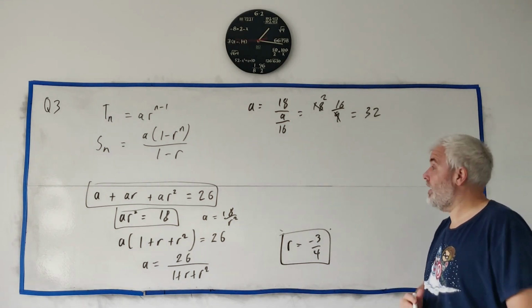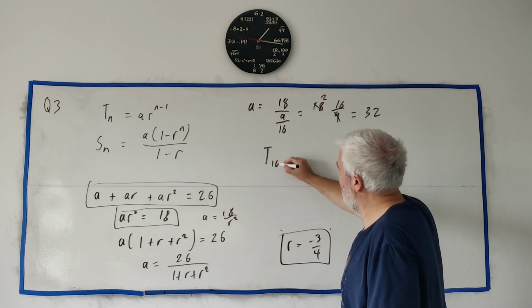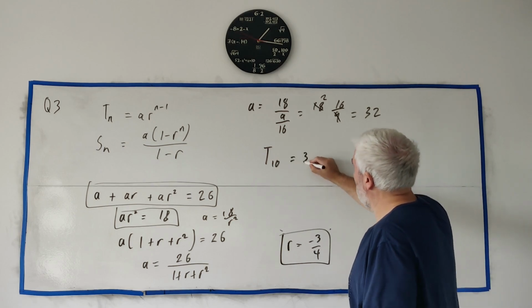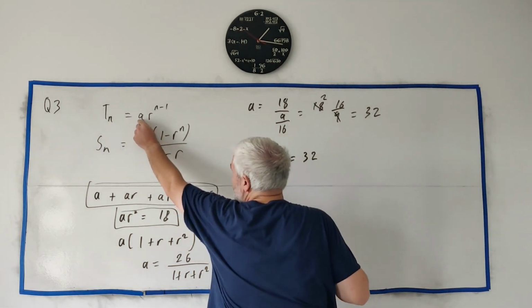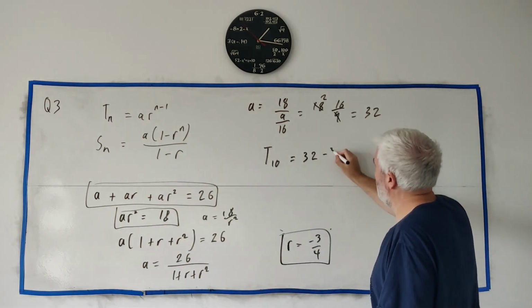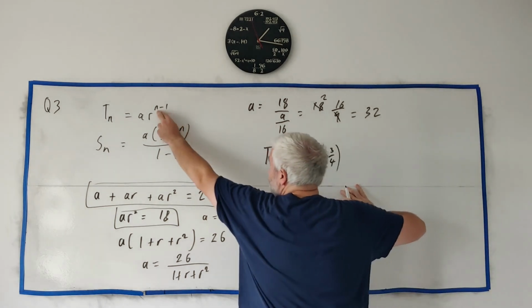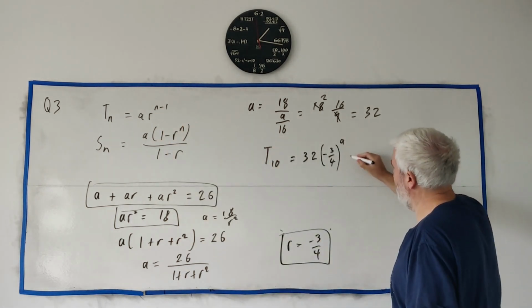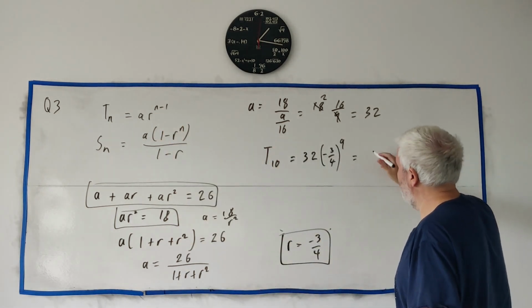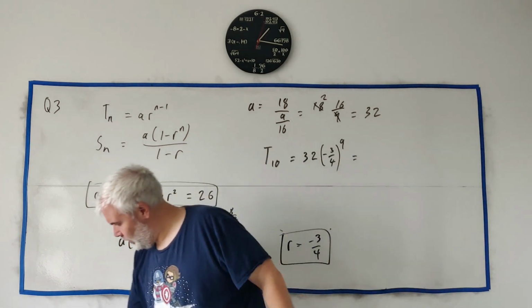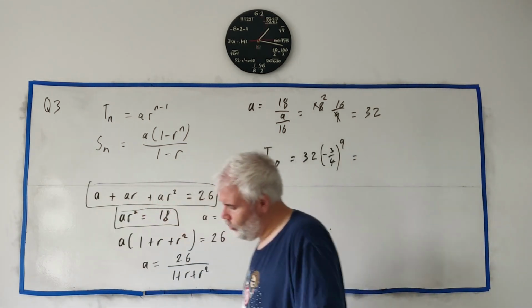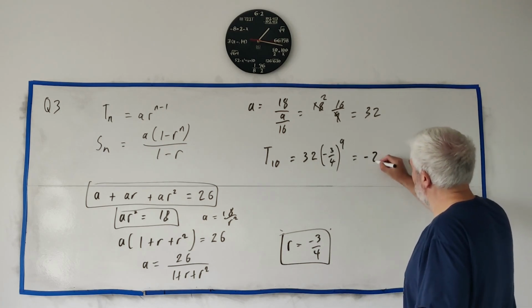So the 10th term, T10, is equal to, let's see, a, which is 32, times r, which is minus 3 over 4, to the power of 10 minus 1. That's 9. You can go ahead and put all of that into a calculator, and we get minus